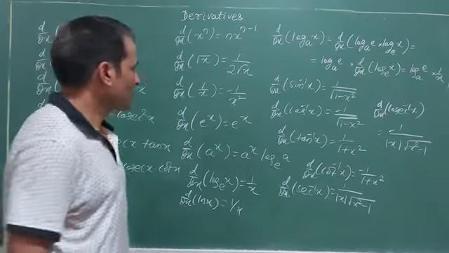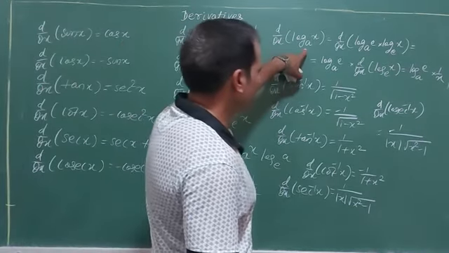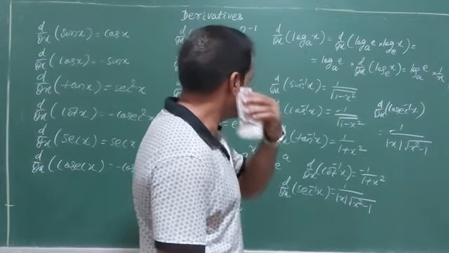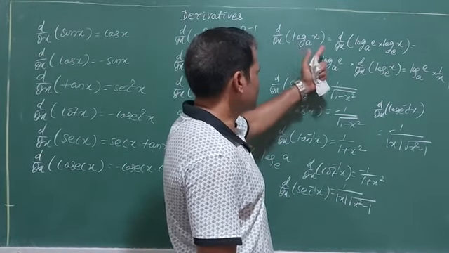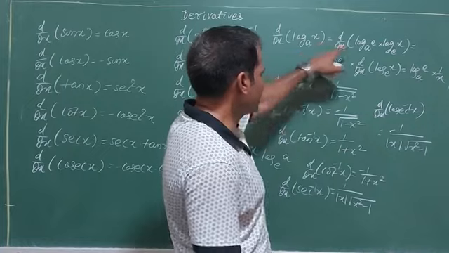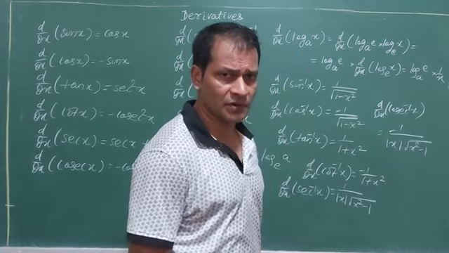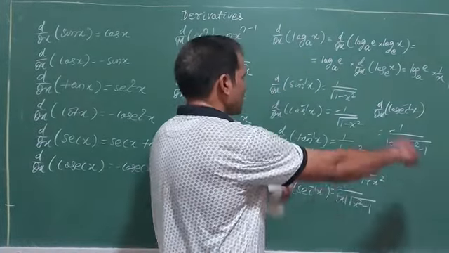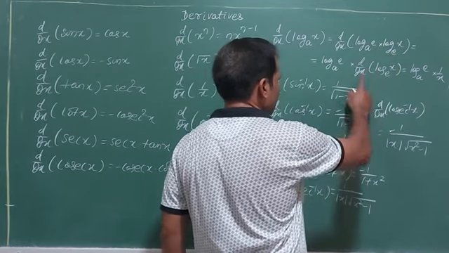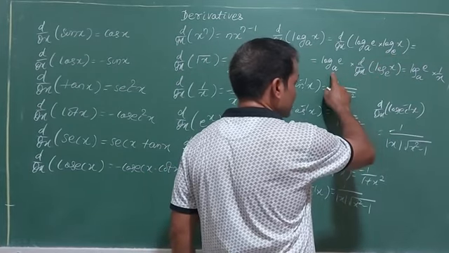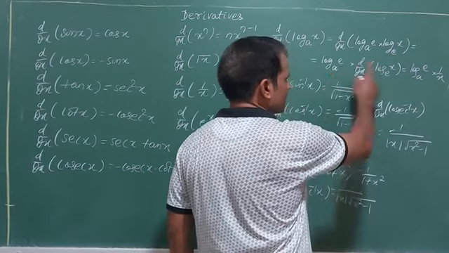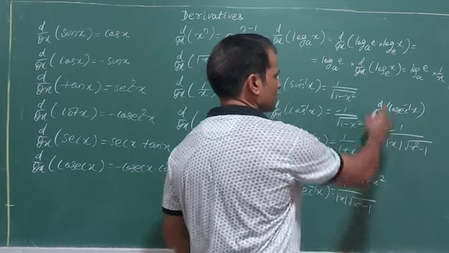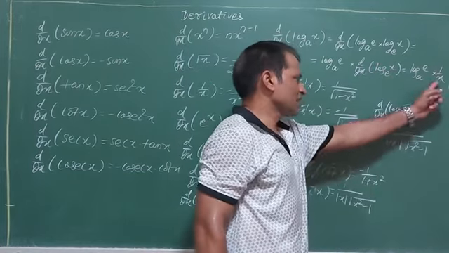Okay, fine. Then suppose the base is not e, that is what I will do. First I will convert it into base e, a to e into e to x. Already I have given you the formula. Log e x into log a e. Log a e divided by, log e x is a constant term, keep it outside. Then derivative of log e x is equal to 1 by x.